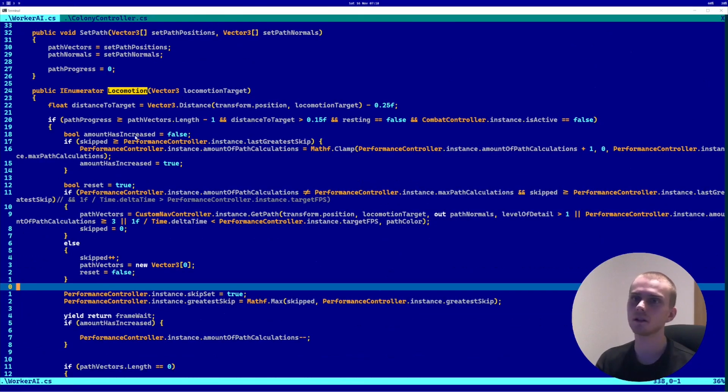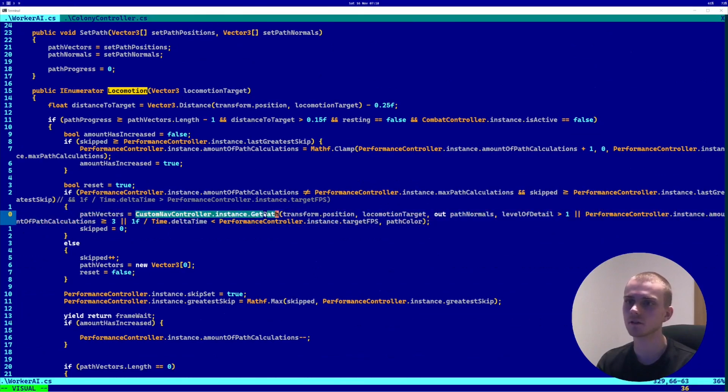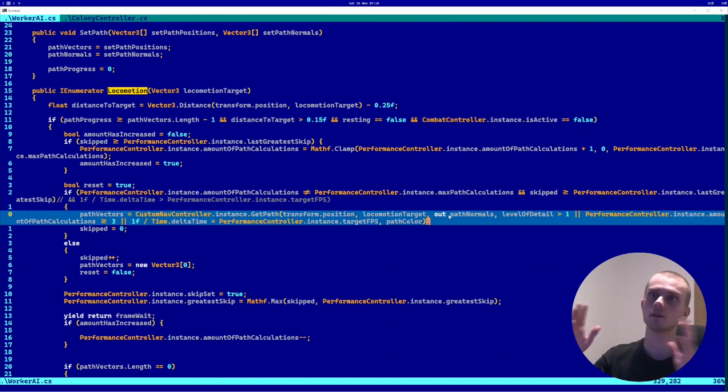But yeah, we skip this sometimes, but we don't always. And if we do skip it, then nothing happens. If we don't skip it, we do this calculation here using our custom nav controller, and we just get a path from that. Now that gets a path again from all the sections of the